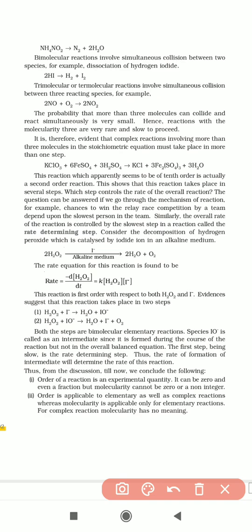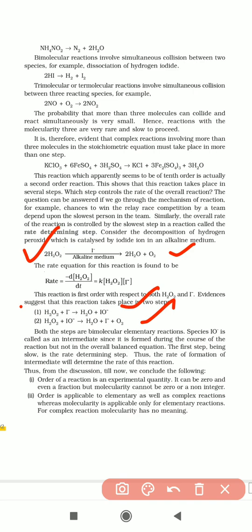Let us see an example. Hydrogen peroxide reacts with iodide ion in an alkaline medium to form 2 moles of water and oxygen. This equation is generally a 2-step reaction. It shows first order. And how many steps does this reaction carry? Here 2 steps are happening: first step and second step.